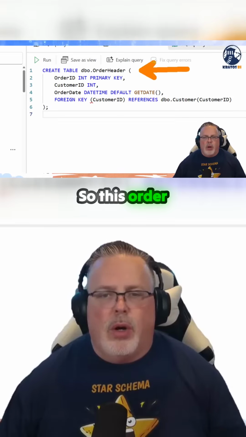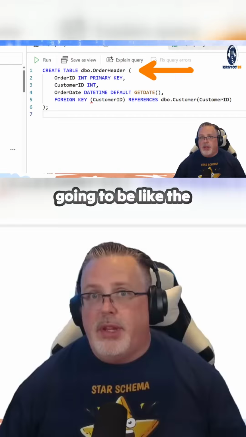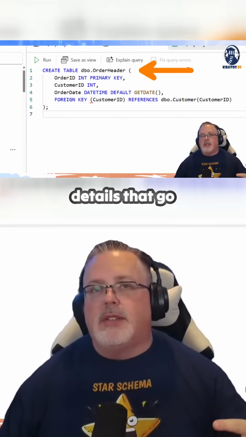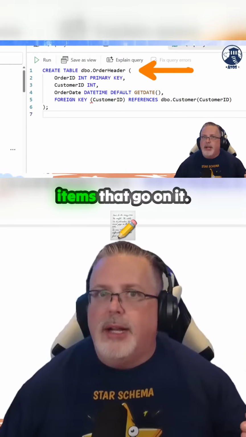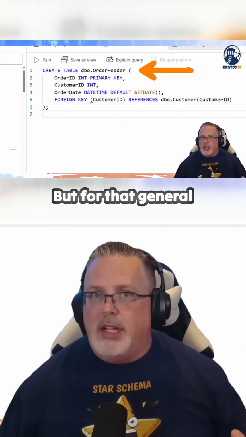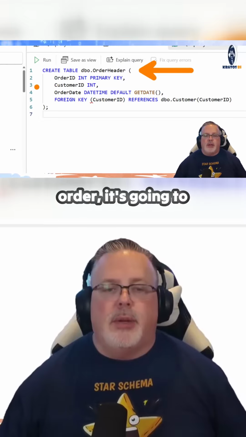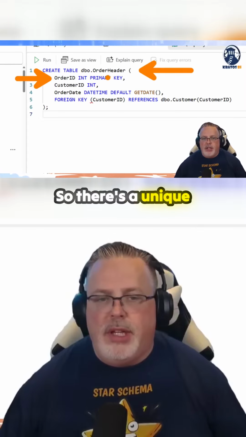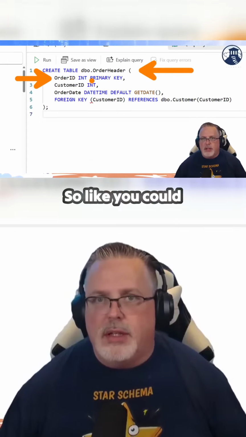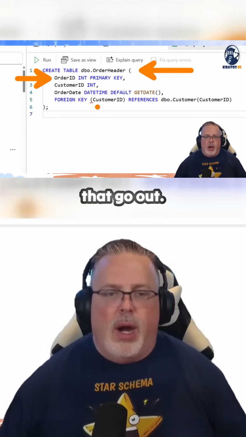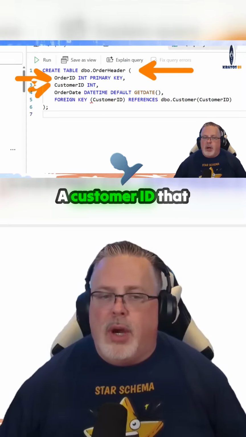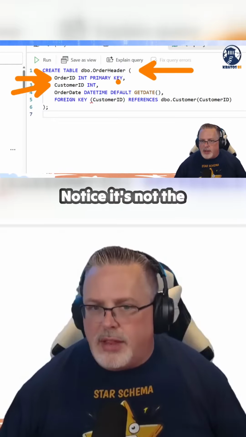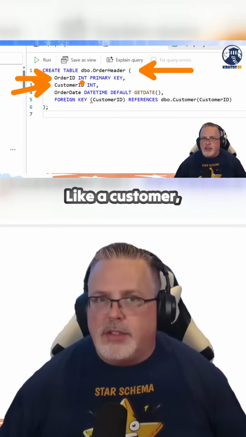So this order header table is going to be like the header for our order. There could be lots of sub details that go along with that, like a lot of order items that go on it. But for that general order, it's going to be comprised of an order ID. So there's a unique order ID, so you could track the orders that go out, and a customer ID that is an integer. Notice it's not the primary key, right? Like one customer